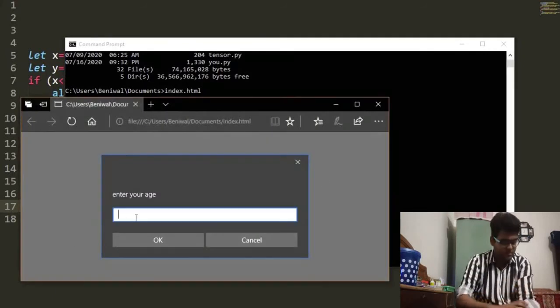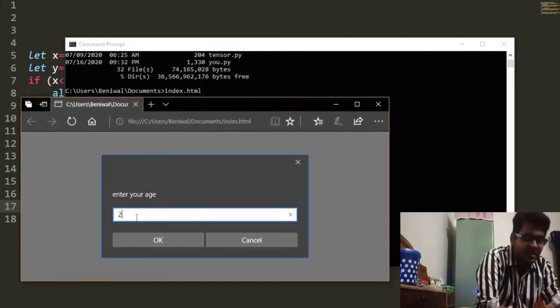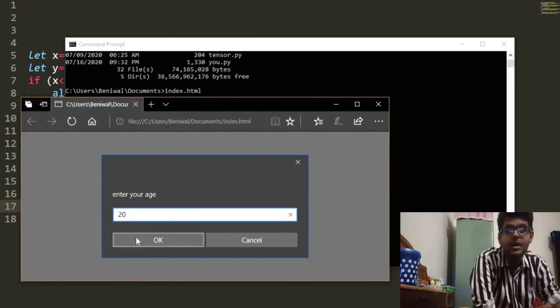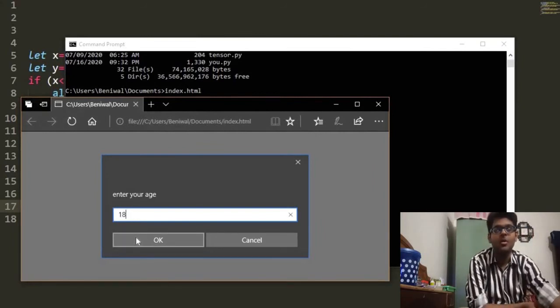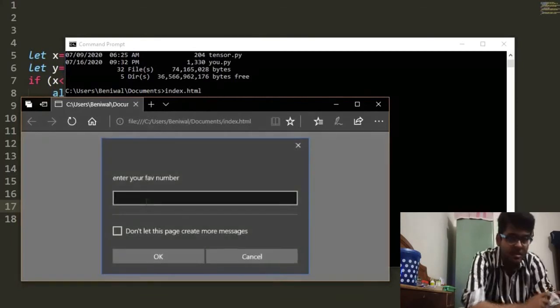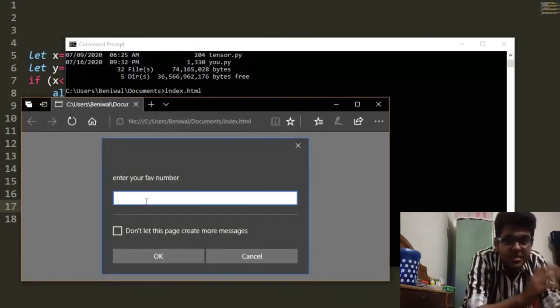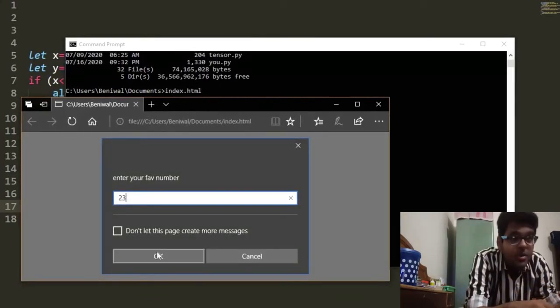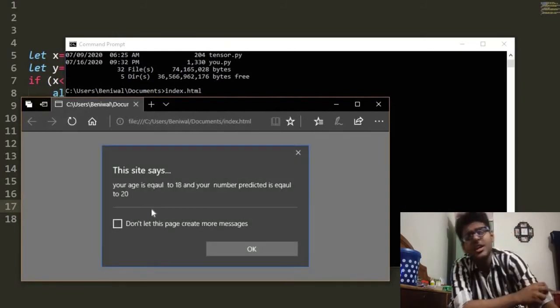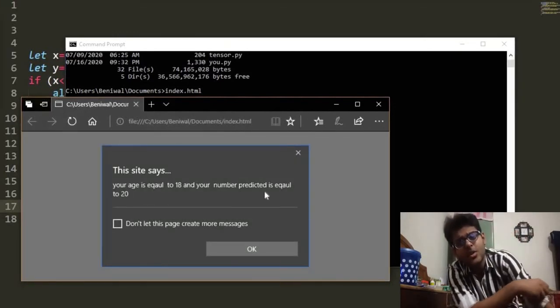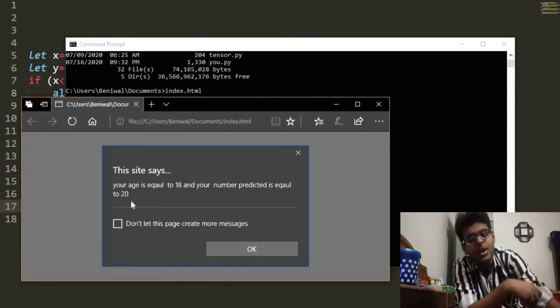Let's check if in the else one of the conditions is true. Enter your age, and that is 18, and for the second value we say the number predicted is 23. So your age is equal to 18 and your number predicted is equal to 20.